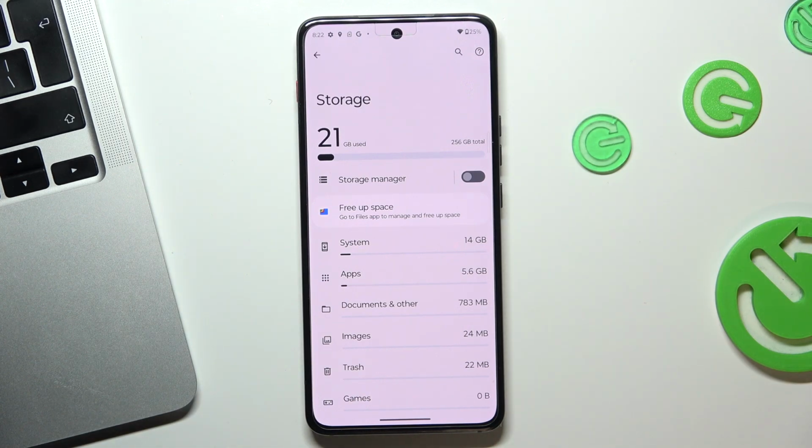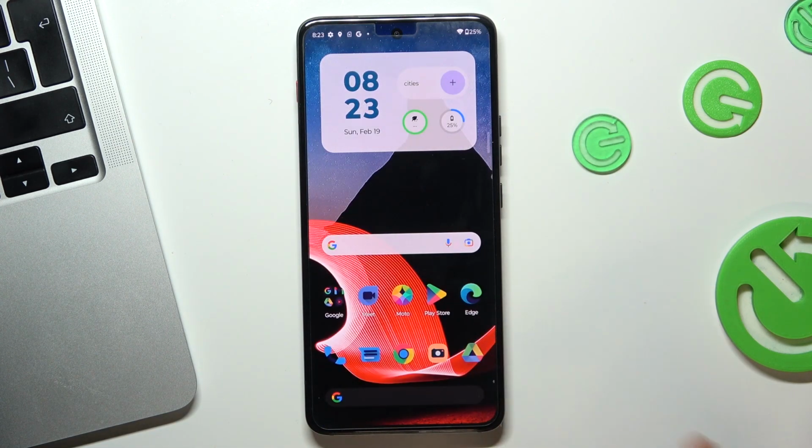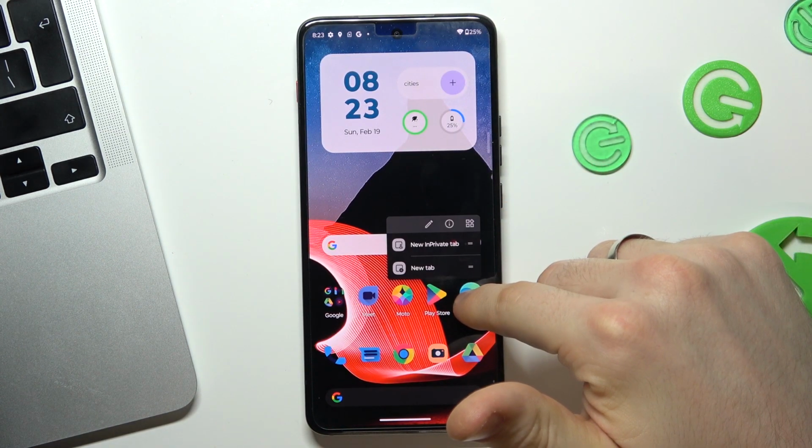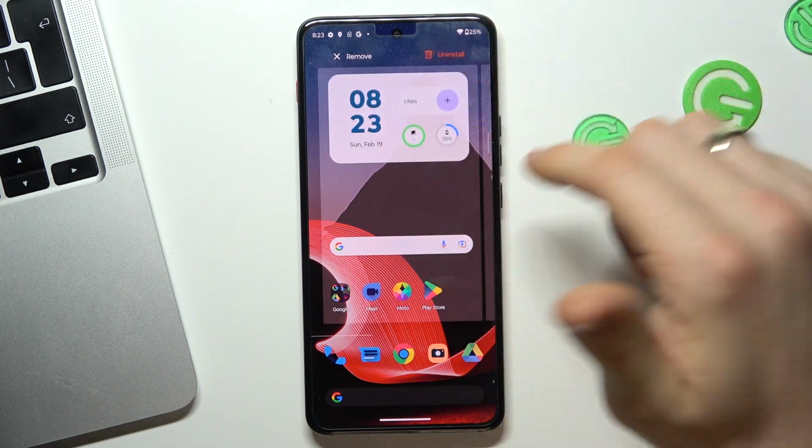And the best way to make your phone faster, always keep 30-40% free storage. Okay, 30% is really good condition. So okay, if you want to release space, you can remove unused applications, for example,